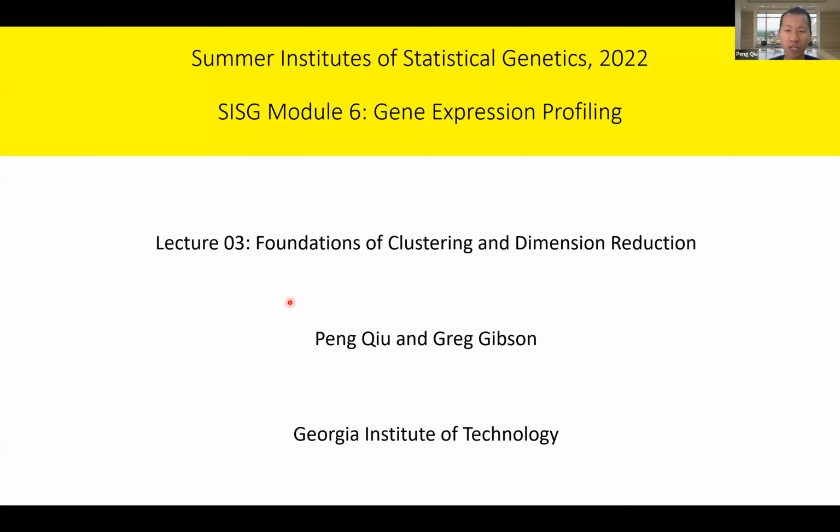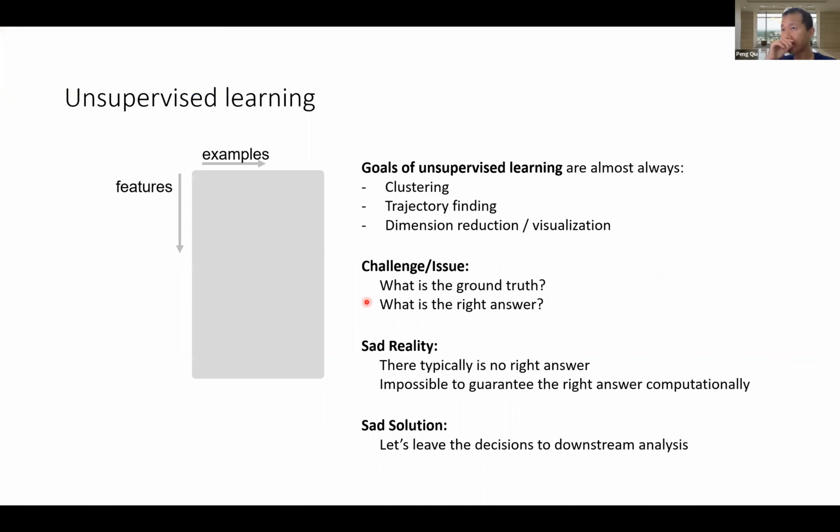And given such high dimensionality, it is usually impossible for anyone to just visually inspect the data and derive meaningful interpretation. And hence, some kind of automated analysis is always needed. Clustering and dimension reduction are two of the most popular and most routinely performed analyses on gene expression datasets. So speaking of clustering and dimension reduction, I want to take a step back